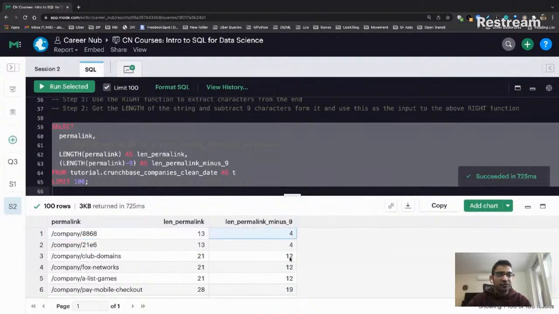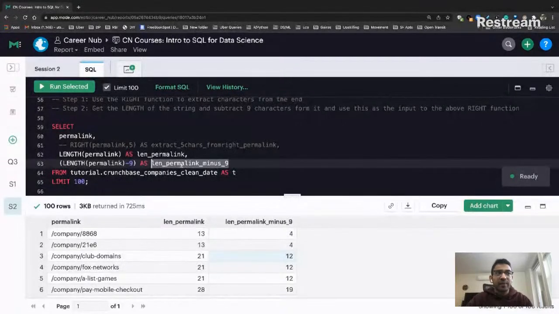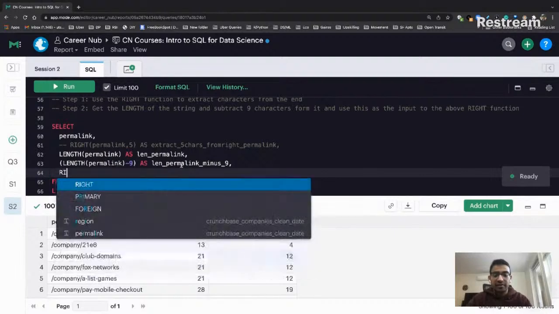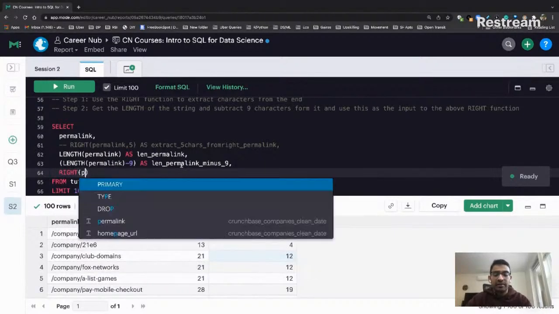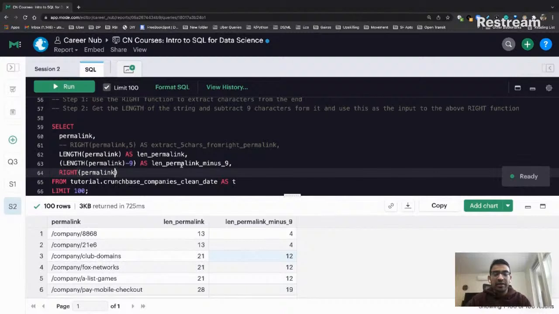So once we have this, so for example, club domains is 12. Once we have this, we can actually just input this into the right function. Okay, so let's use this one, the length permalink minus 9, and use that as an input to the right function. So let's write the right function again. We want to perform this on the permalink. And what do we use as the number here? So we want to use the length of the permalink, this one, minus 9, okay, as